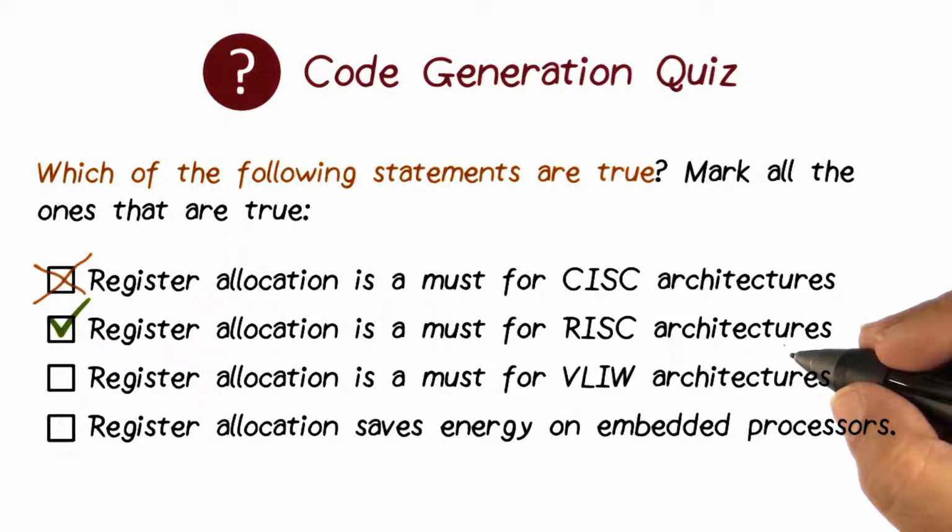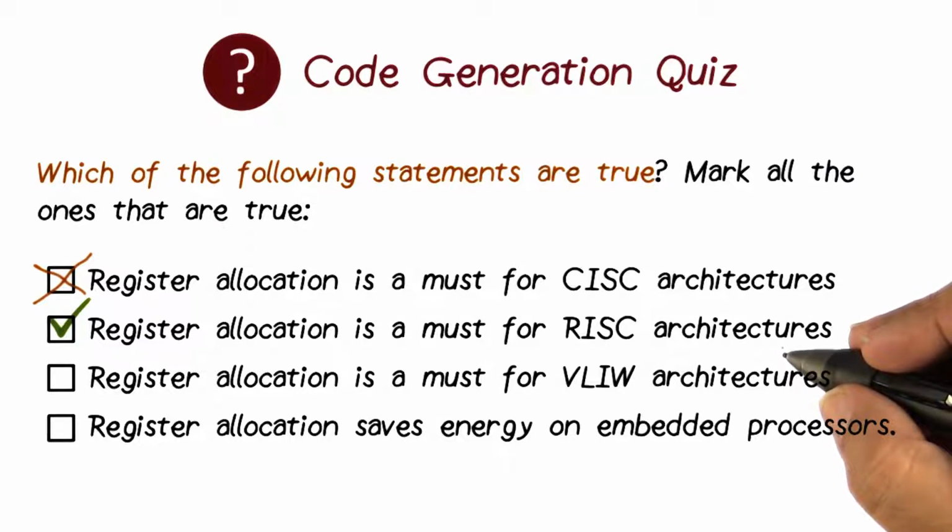Again, remember how RISC processors work. They bring all the values from memory into registers before they can operate on them. In other words, you cannot operate on a value which is resident in memory directly. You have to first bring it into a register and then only you are able to operate on it. So these are also called load store architectures, and therefore we must allocate and use registers